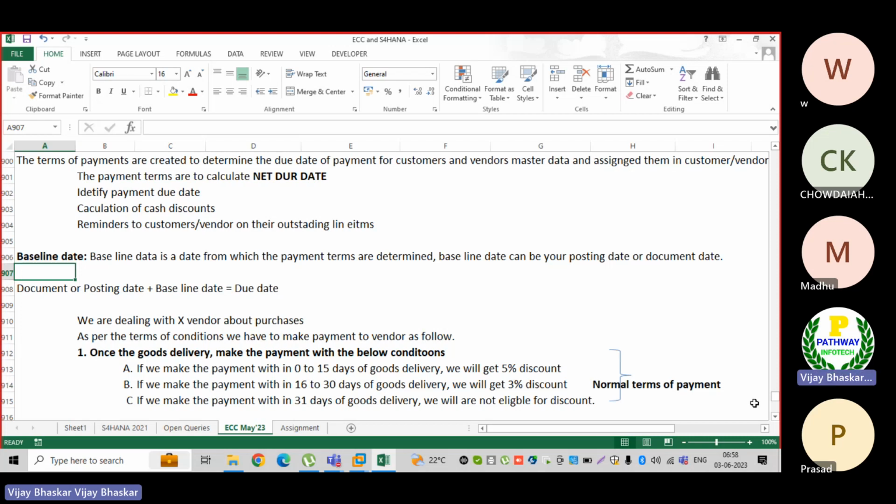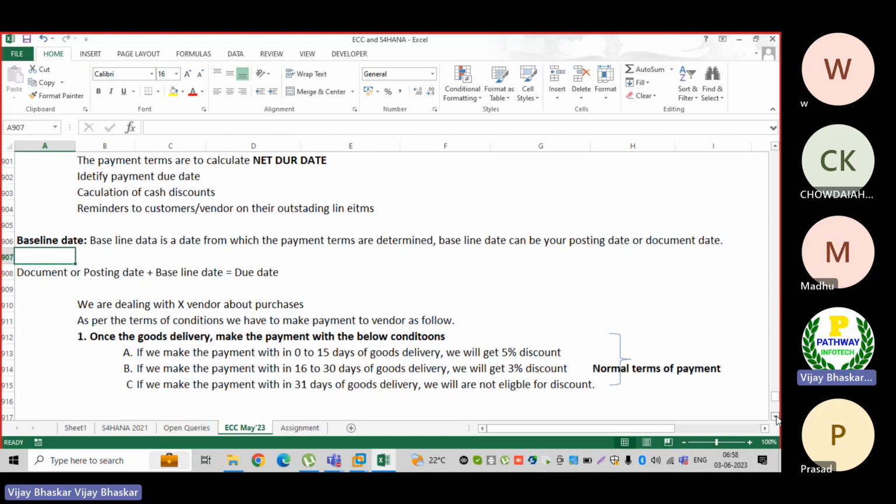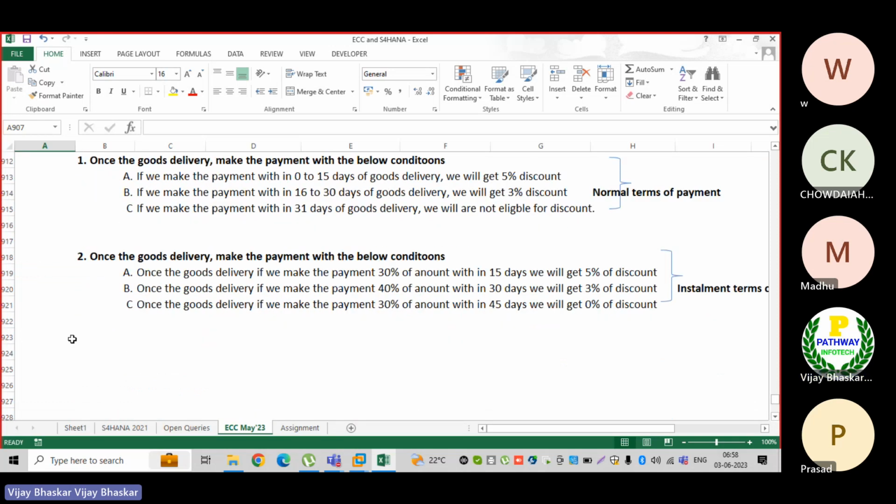The same logic is applicable for the customers also. The terms of payment, while creation of terms of payment, there is an option.